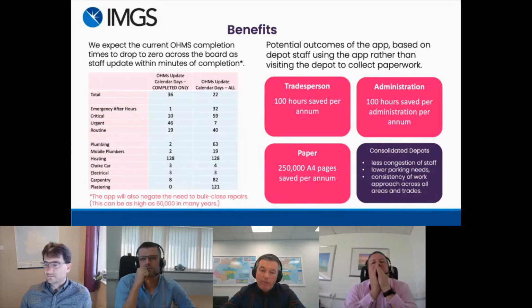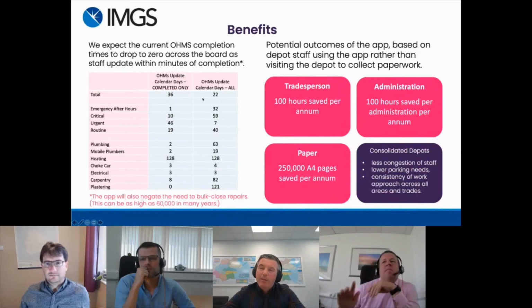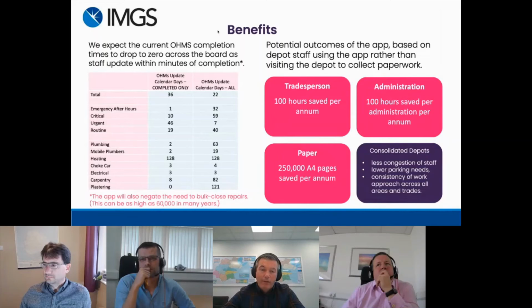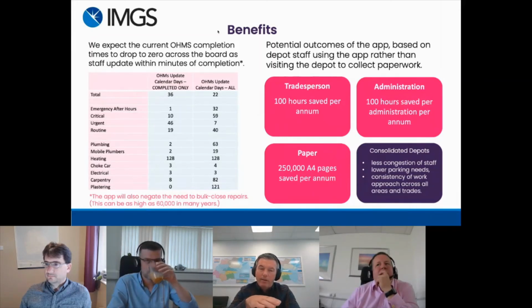Also, we've got 8 depots across the city, and the plan is for them all to be made into a single, consolidated depot. One of the issues we're encountering is parking for staff. All the staff from all 8 places across the city will have to go to one single depot. Parking is a nightmare, and the union are involved. But this is going to free up that issue. It's no longer going to be a problem for us. So a very simple app on the surface is having huge impacts the whole way across the housing maintenance service,